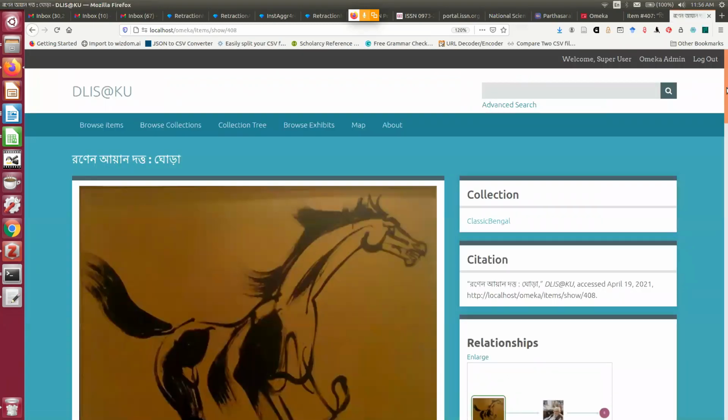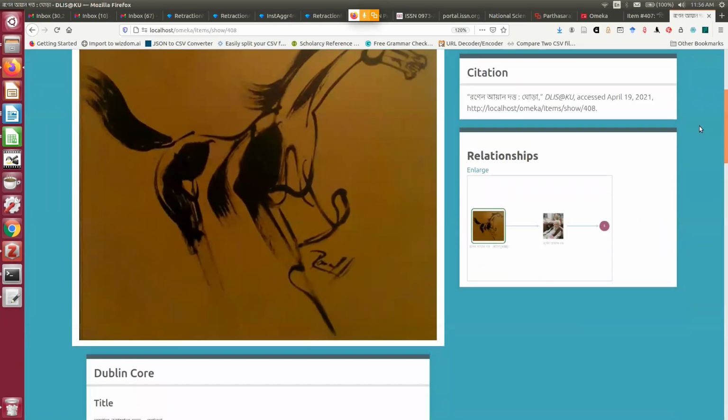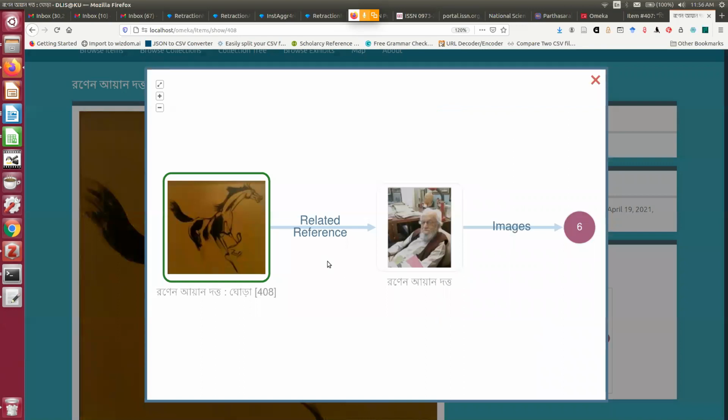So it makes very dynamic navigation possible at the end user interface, and in each and every case it will create a complex relationship graph. So here the relationship is very simple. This particular painting is illustrated by Ronen Nayan Datta, and if my user clicks, here you can see the graph will be different.